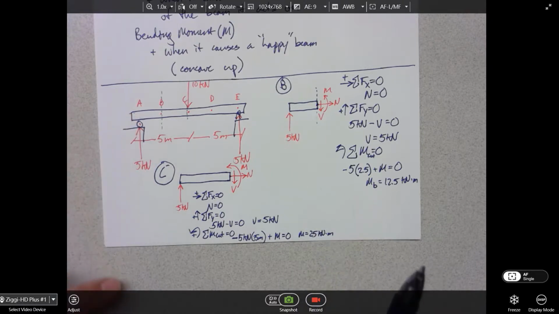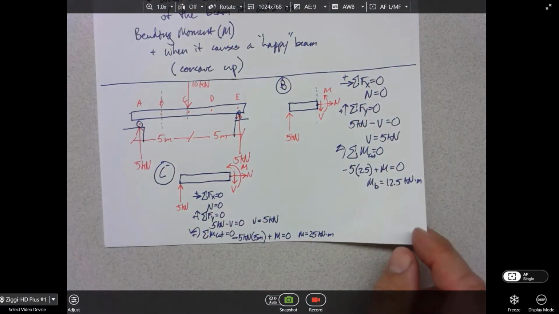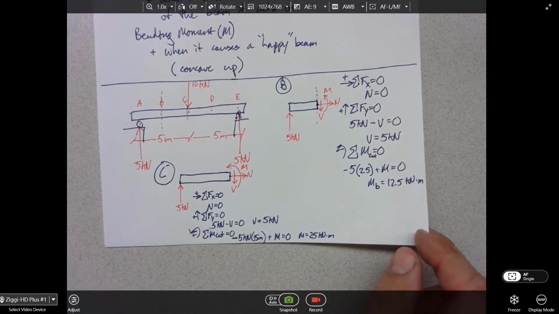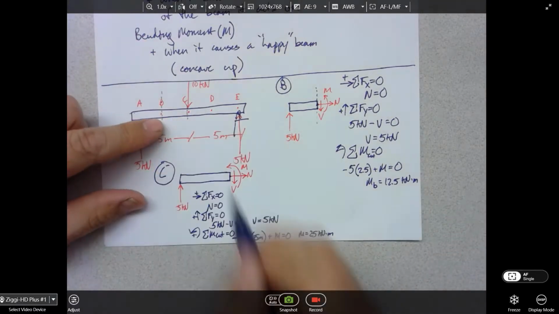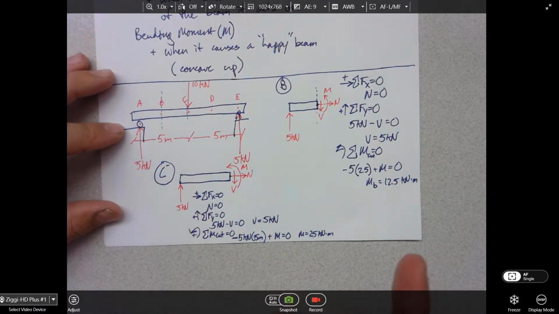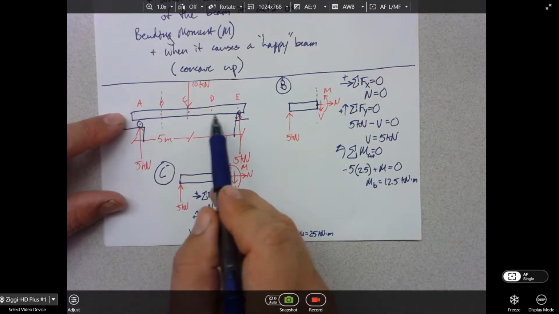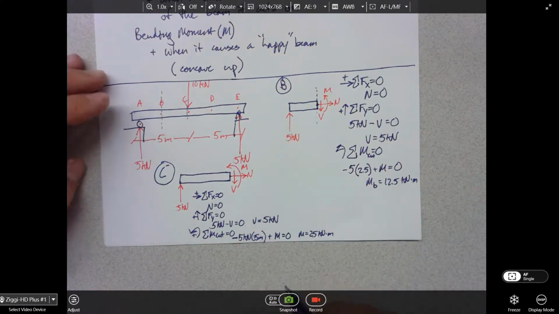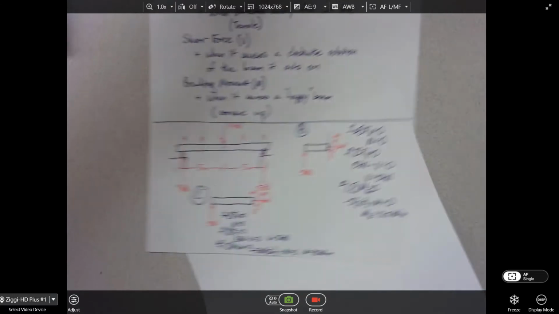All right. Let's try another one. So in that last question, I guess, will 10 kilonewtons ever do anything for any of our calculations? Great question. Would 10 kilonewtons ever do anything? Yes, it certainly would. It does two things. First, without the 10 kilonewtons, we wouldn't have the 5 kilonewton reaction to start with. Second, let's do D. Let me get some more paper out, and we'll do D.